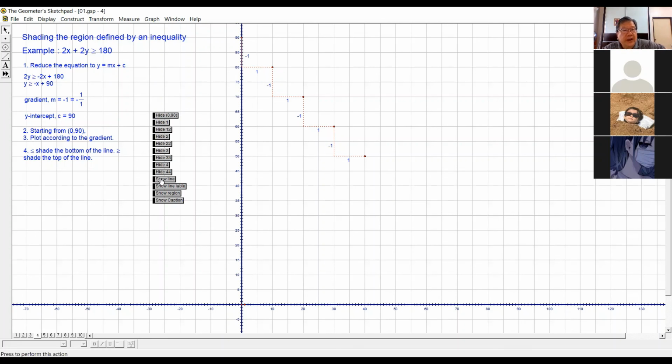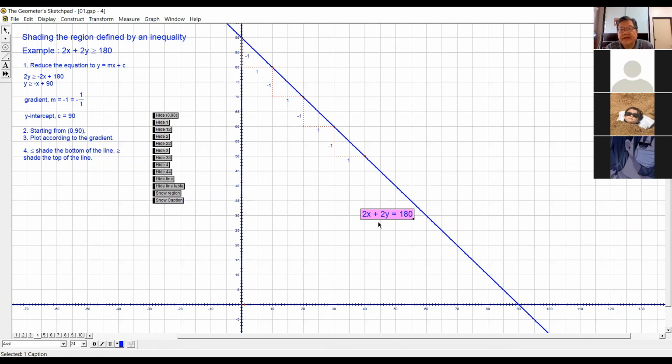So you're going to draw the line. So this is the line. Because there are so many points on this line, your line is going to be very accurate, even until here also. Okay, right. What is the name of this? Now this one got equal sign, so it has to be a full line. The name is 2x plus 2y equals 180. So where is the region? Greater than is